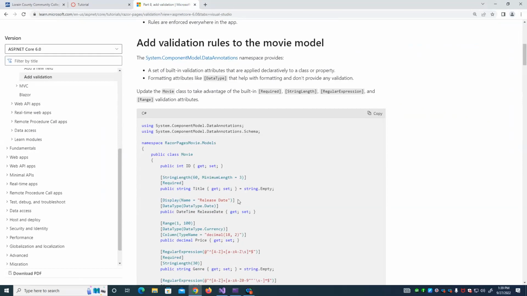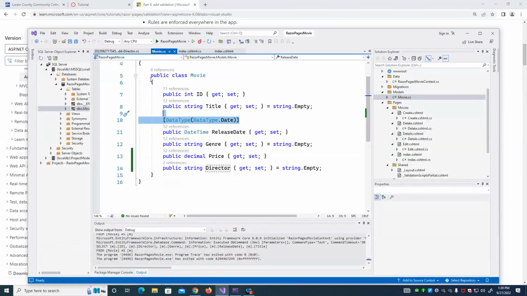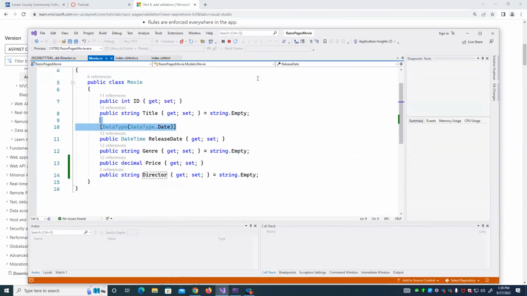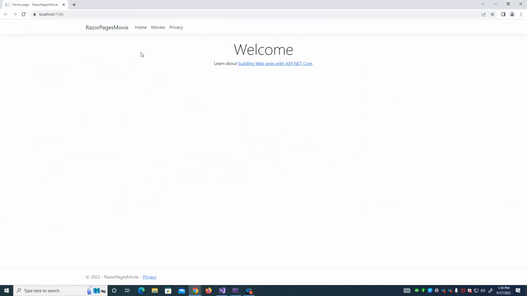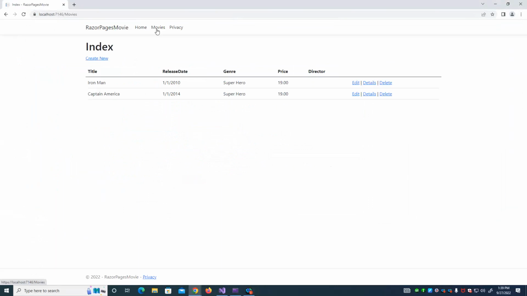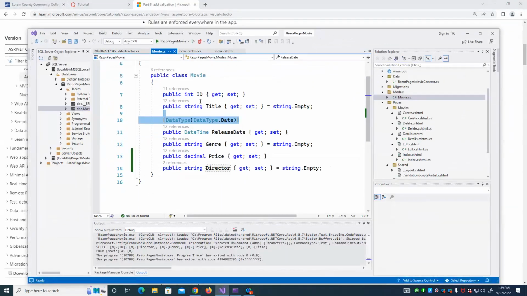So, for example, I have an annotation for release date. If we run this, we'll notice that release date is all run together. Why is it run together? It's run together because in our model, field name is all run together